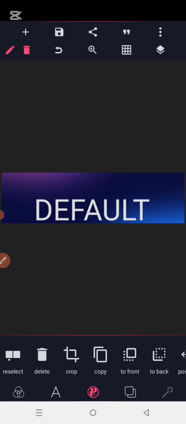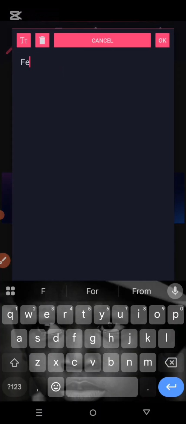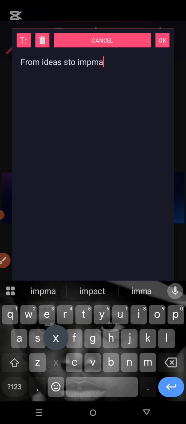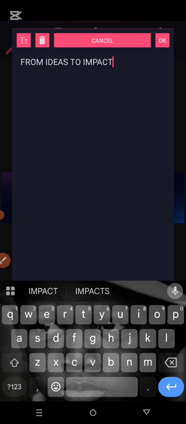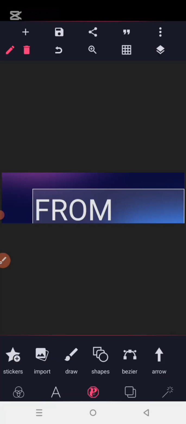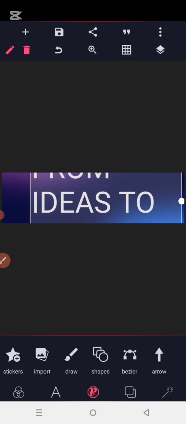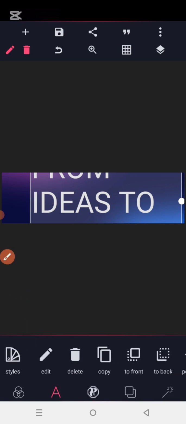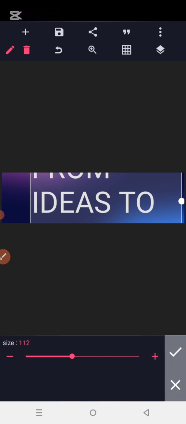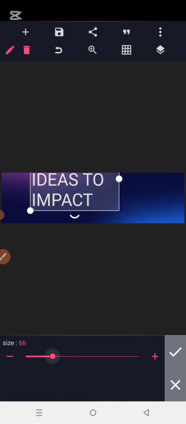Then let's start working with our text. Basically I just want to put some text on my header, just to communicate certain things to people. So the text is: From Ideas to Impact. Then let's use all caps, right? Let's use all caps. Then you see that the size is a bit bigger than the screen that we have. Then the next thing you do is you click on where this A is written, and then you reduce the size of the font. You reduce the size,